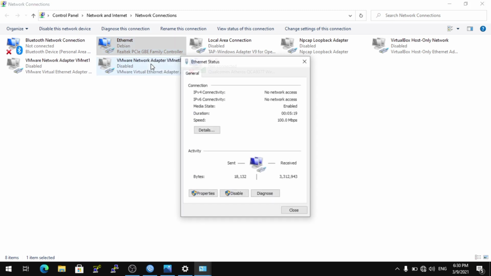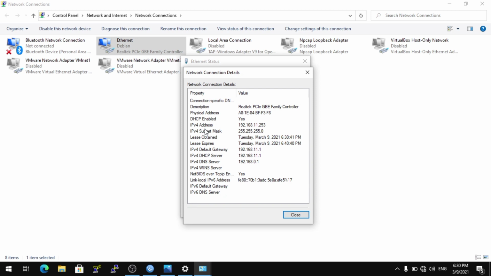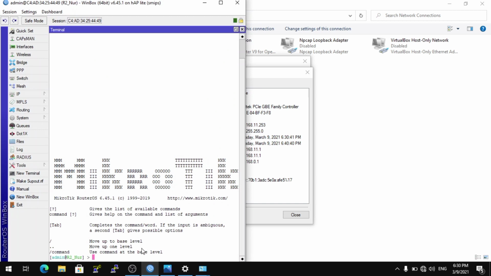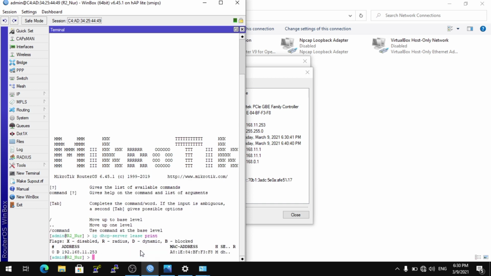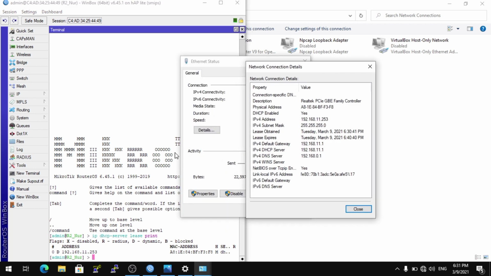And this is my laptop getting IP address 192.168.11.254, and this is check IP DHCP server lease. This is my router giving the IP address for my laptop. This is IP 192.168.11.254.